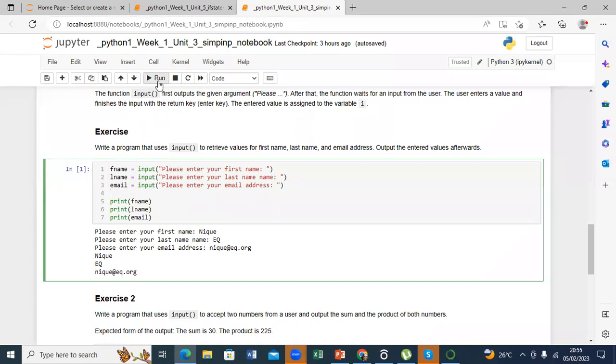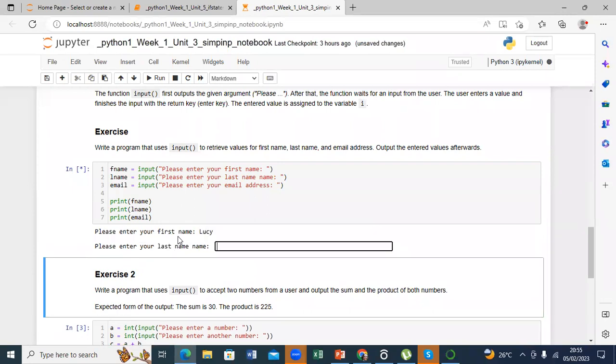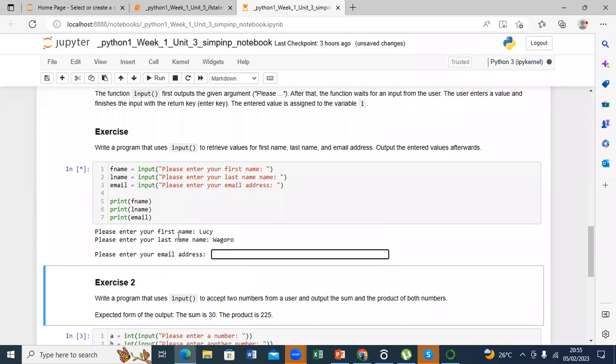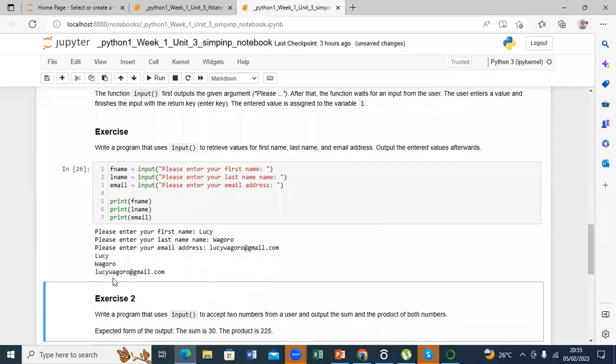So if I click this, it will tell me, please enter your first name, Lucy, enter your last name, Wagoro, enter your email address,